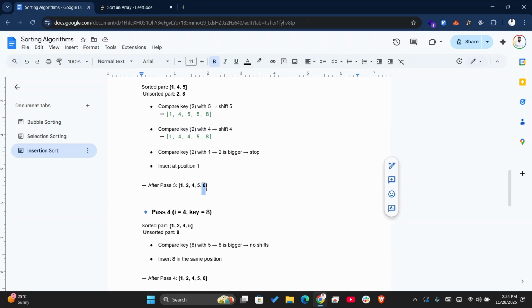So we will be comparing 8 with all of these. So we will compare 8 first with 5. It is already smaller, therefore we do not need to move ahead, since the earlier part is already a sorted array, and we know that 8 is greater than 5, therefore it doesn't make sense to compare with the rest